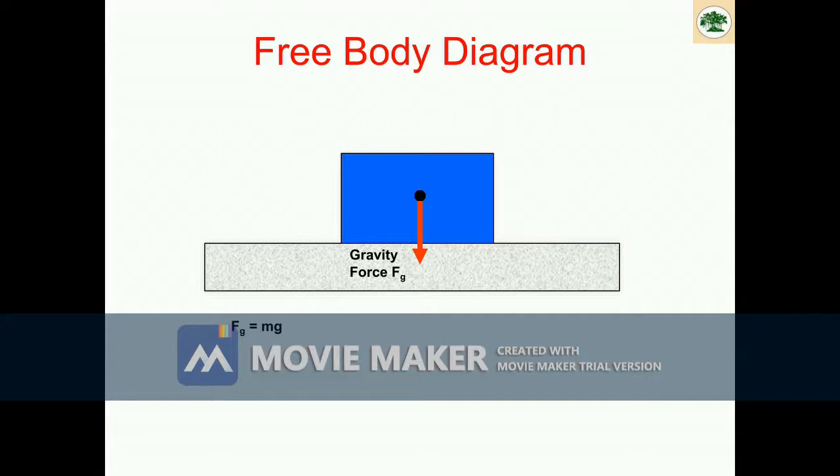Opposite to the gravitational force, there is a normal reaction which is acting in the upward direction. And if the applied force is as shown in the figure, from left to right side, the frictional force acts where the surfaces are in contact in opposite direction to that of the applied force. In this diagram, we can study or we can see the direction of the applied and frictional force.